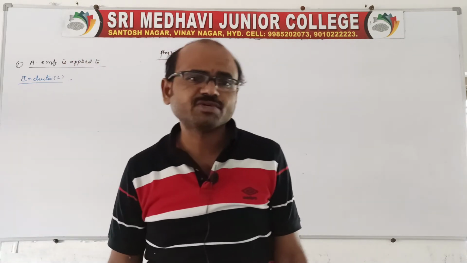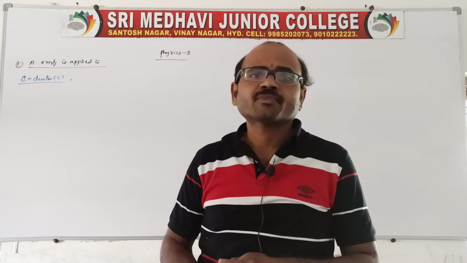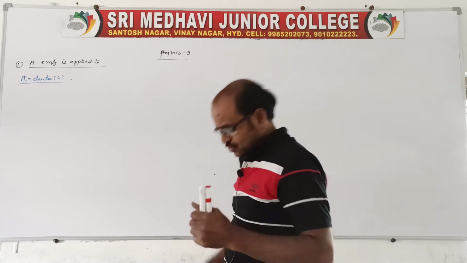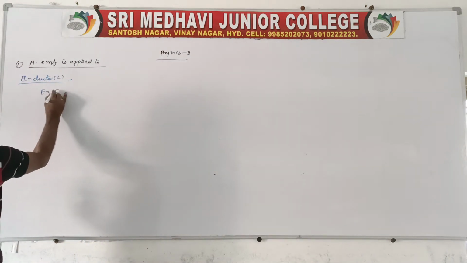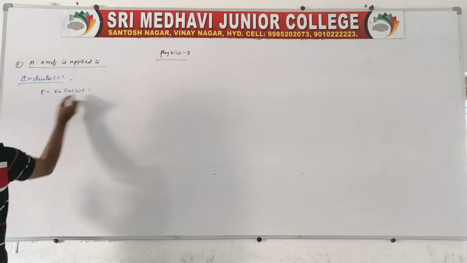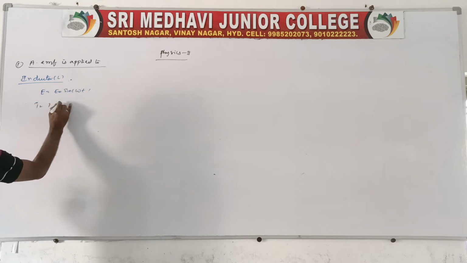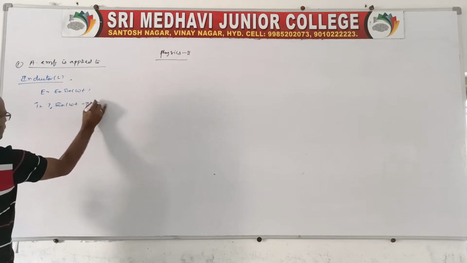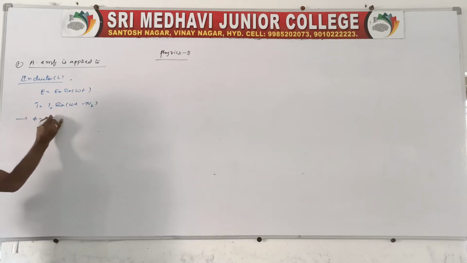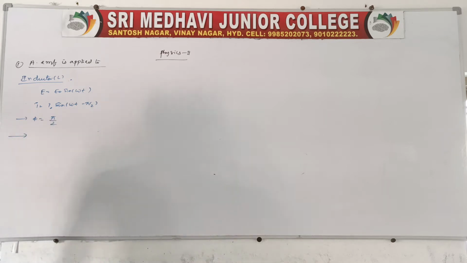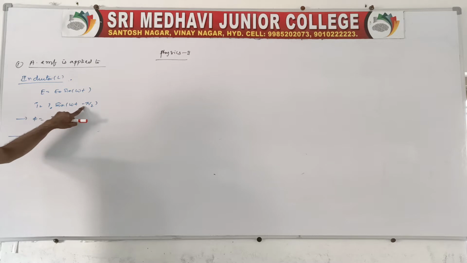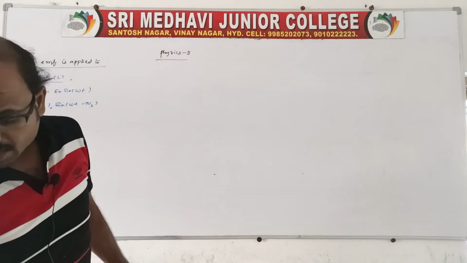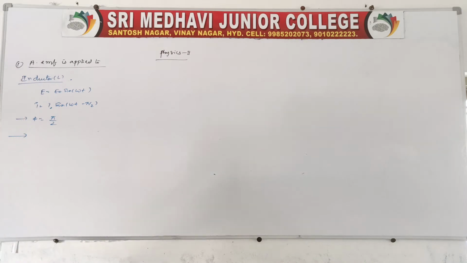In the previous class, we started inductive reactance, and in this we finished one thing, that is the current, because we applied E equals E naught sin omega t. Then we got I equals I naught sin(omega t minus pi by 2). Of course, there will be a phase angle equal to pi by 2. When there is a phase angle, look at the two expressions: one is E naught sin omega t, another is I naught sin(omega t minus pi by 2). That means the graph can be represented like this.